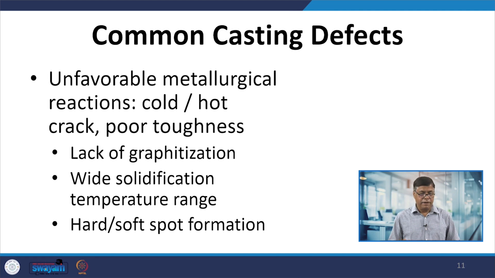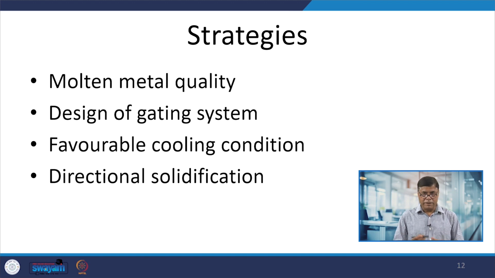Then unfavorable metallurgical reactions like cold and hot cracking and poor toughness. So, the lack of graphitization in cast iron castings, a wider solidification range promoting hot tearing, and hard and soft spot formation are observed in the case of hardenable ferrous metals, particularly cast iron or high carbon equivalent steels. Then, what are the strategies to overcome these issues? Work on the proper quality of the molten metal which is being fed,